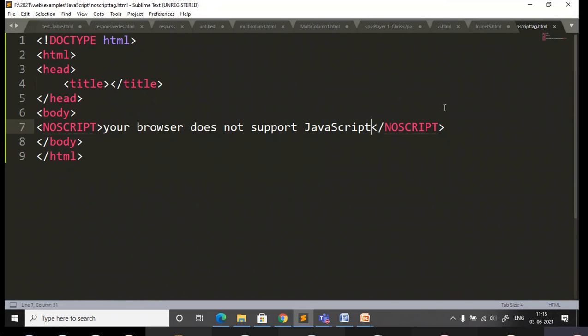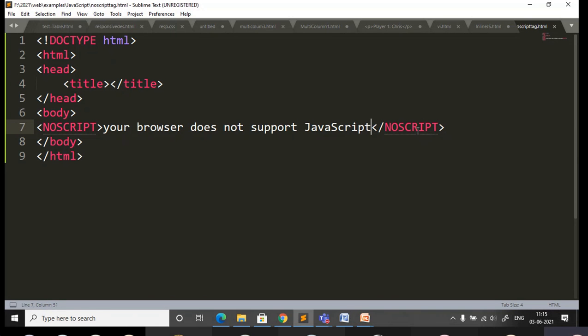Even you can check whether your browser is supporting JavaScript or not. If you are getting the text message, it indicates that your browser is not supporting JavaScript. Then you have to enable JavaScript and you can work with JavaScript programming. Otherwise you cannot. Is it clear? So this is one simple tag that can be used to check whether the browser is supporting JavaScript or not.